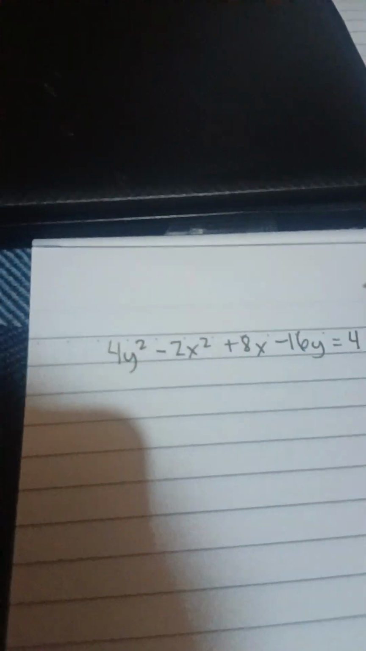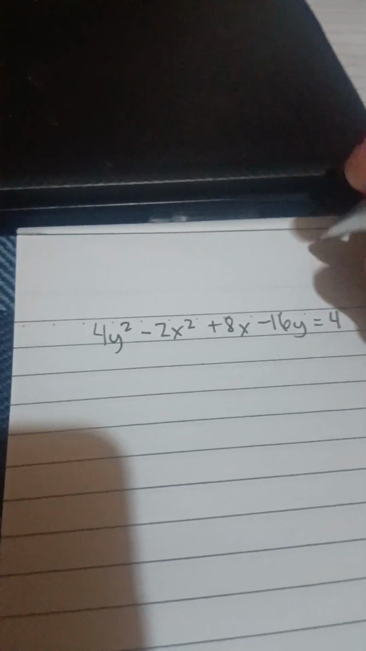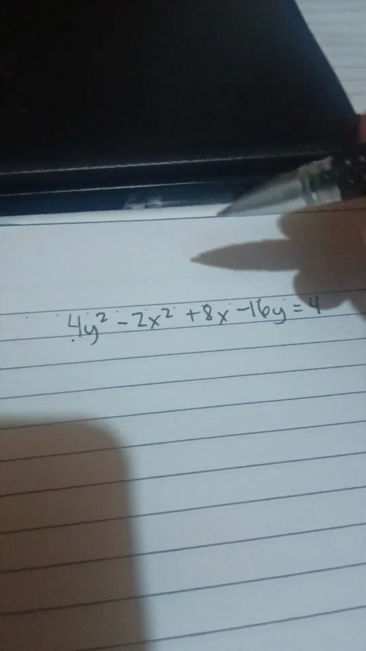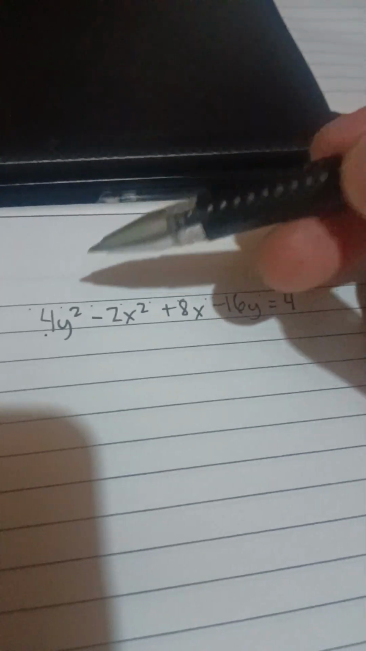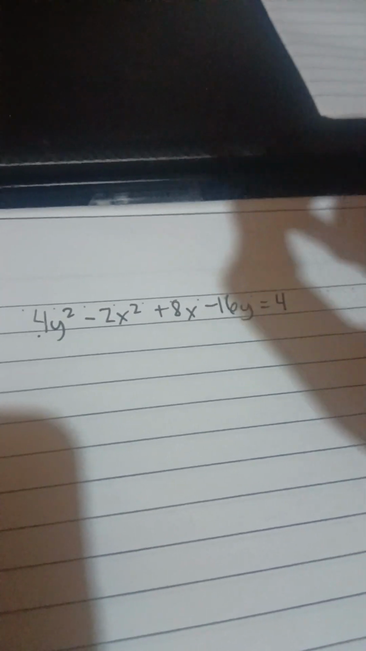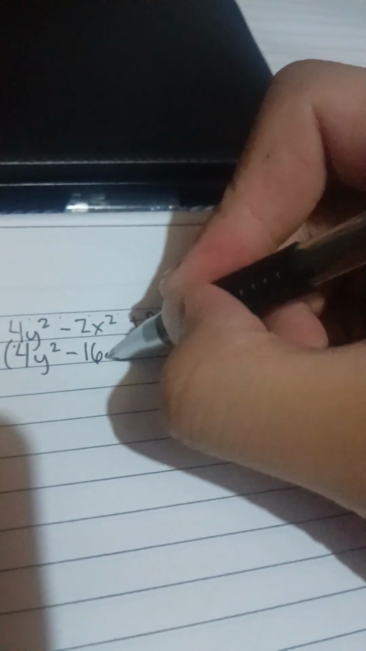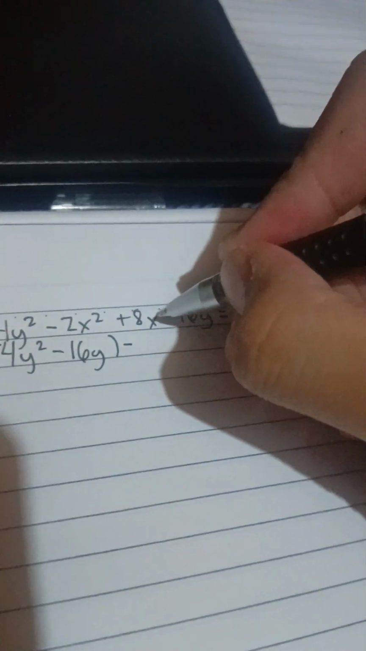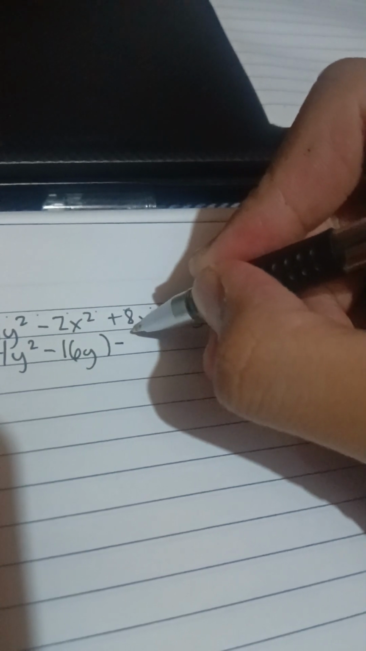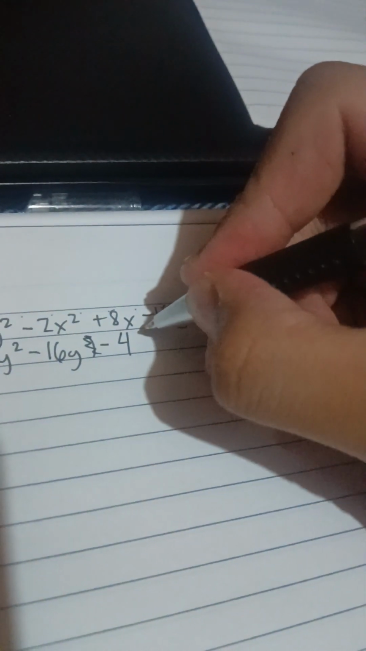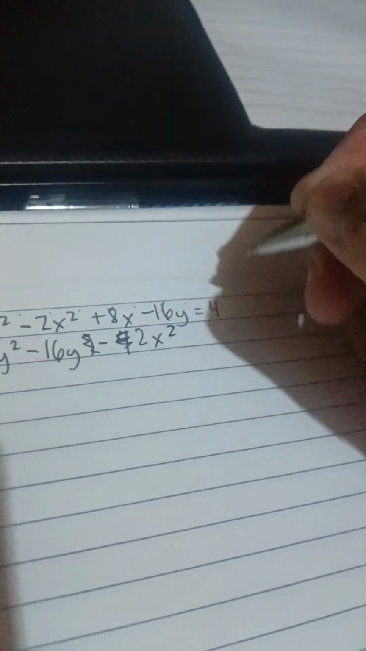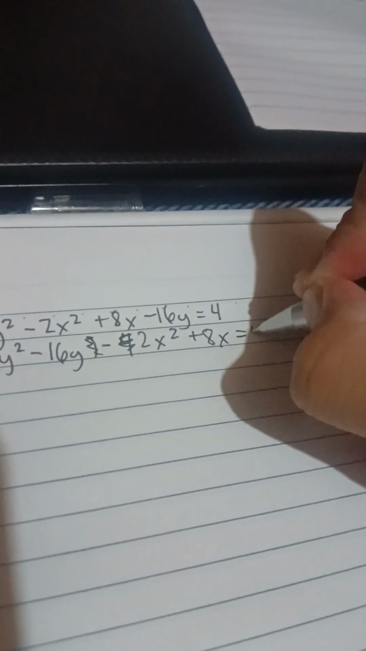Okay. Next, we group the like terms. Because between the squared terms, only one is positive, which would be in the front of the equation. So it would be 4y squared minus 16y, minus 2x squared plus 8x equals 4. Next